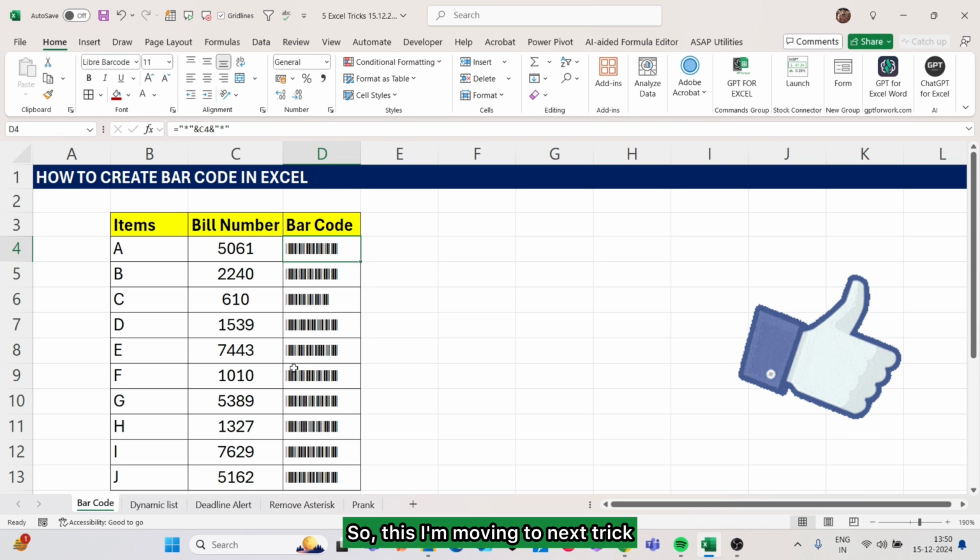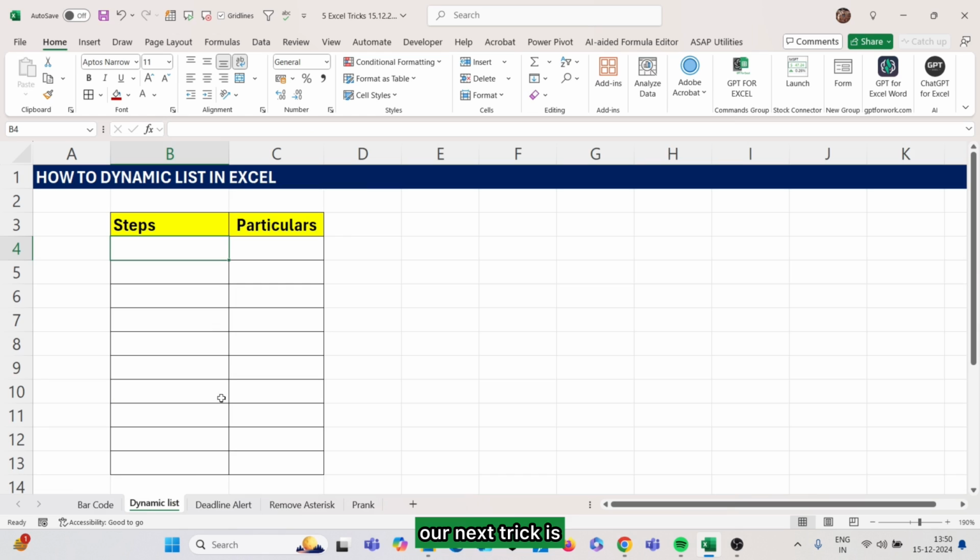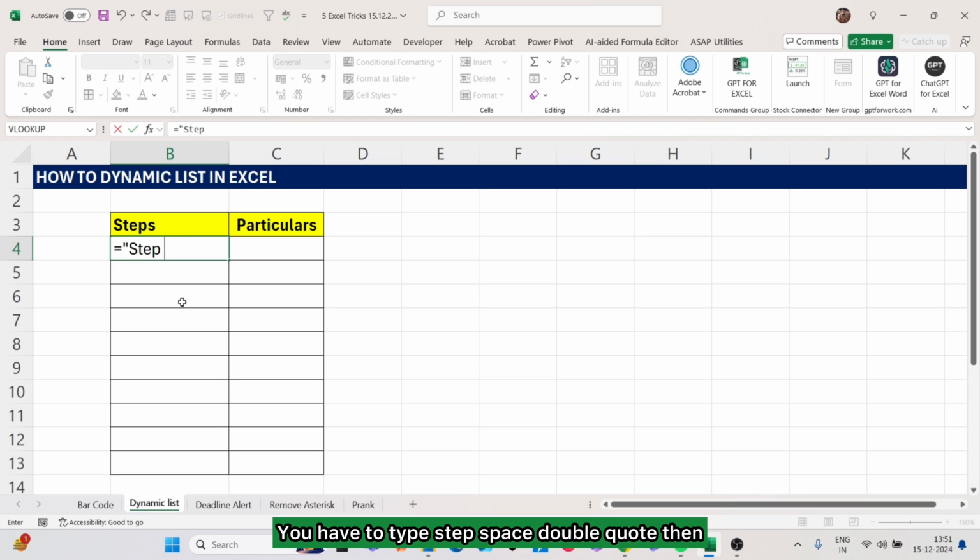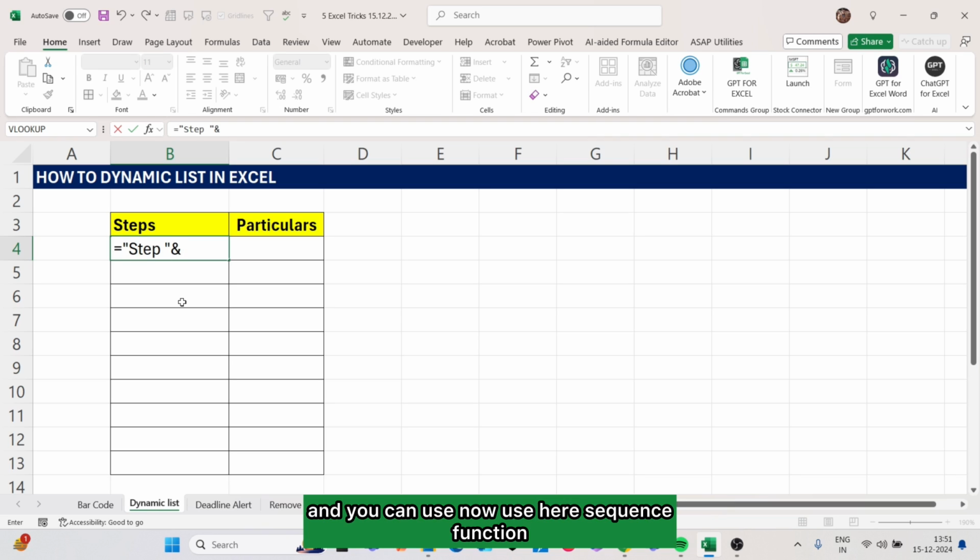So I'm moving to the next trick. Our next trick is how to create a dynamic list in Excel. If you want to create a dynamic list, you can use this simple trick. Instead of typing step 1, step 2, step 3 like this, we can use equal to, then in double quote you have to type "Step " with a space, double quote, then &, and you can use